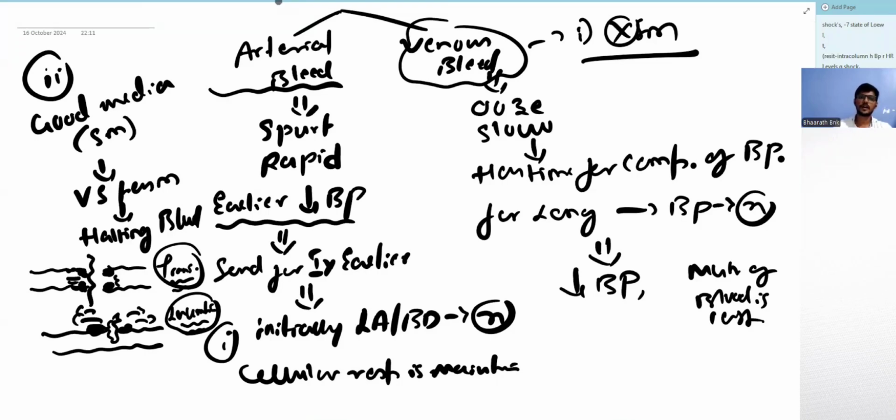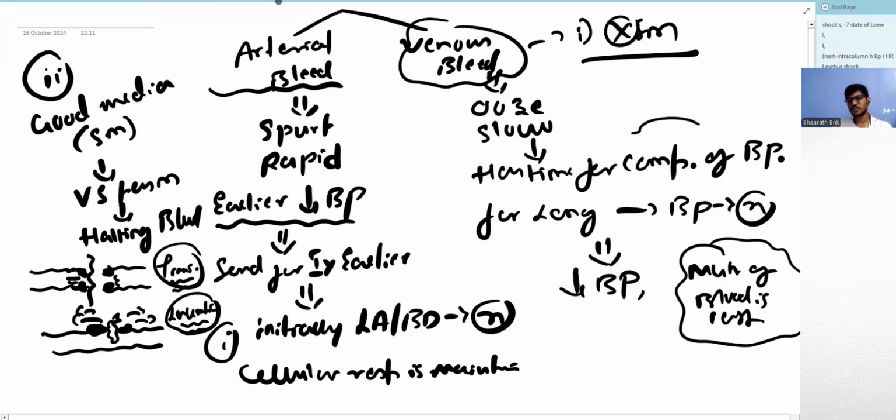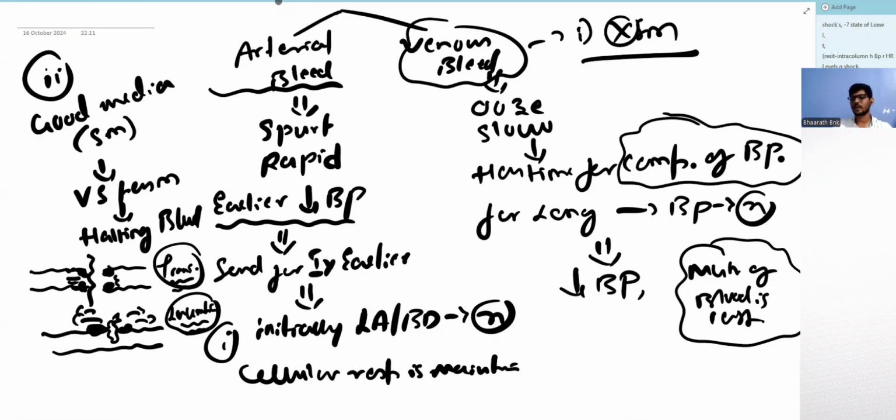Here you can recognize it early. So at the time of recognition, at the time of hypotension, the amount of blood loss is lesser only. But here, because it is going on for a long period of time, by the time you recognize hypotension in a venous bleed, much of the blood will be lost. And this compensation is happening because of the redistribution. The blood from the skin, skeletal muscle, and splanchnic circulation is being diverted to the intravascular volume so that the volume remains normal. As a result, the cells in that area are already suffering from hypoxia.